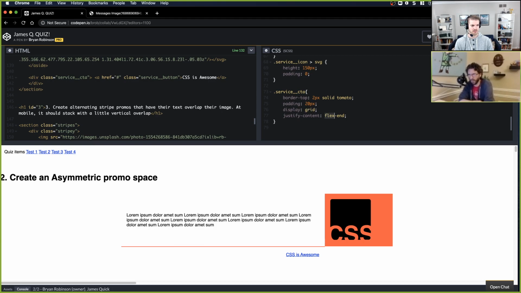We could test it, but to me, when you want to size an element based on its intrinsic size, you want flex. If you want to size an element based on a layout, you use grid. So philosophically, I would go for flex in this case. That's what I would reach for in this case. Now, as we just see, it works either way.